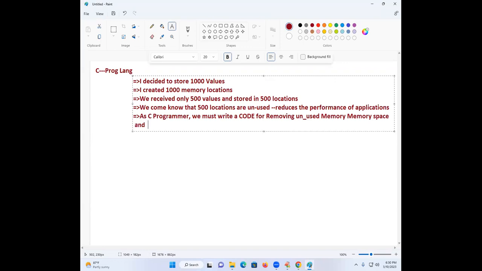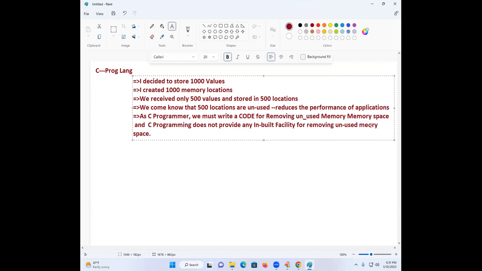C programming does not provide any inbuilt facility for removing which memory space? Unused memory space. First of all, did you understand me? It does not provide any facility for eliminating unused memory space.